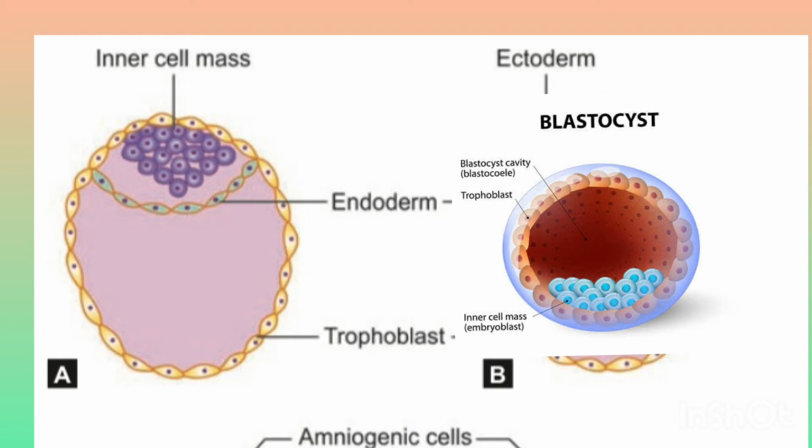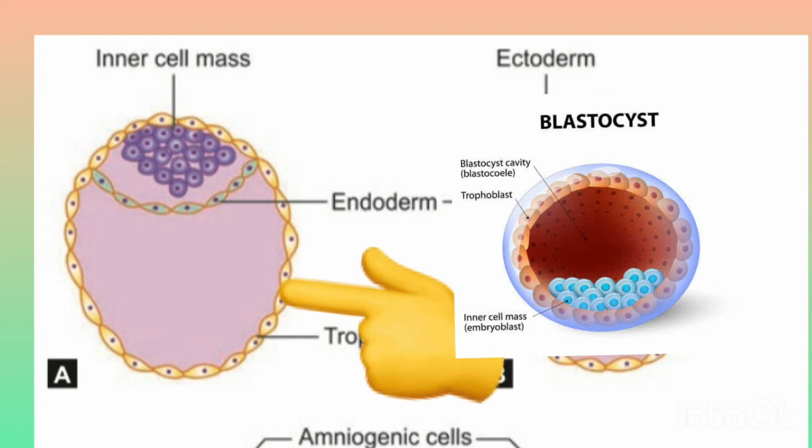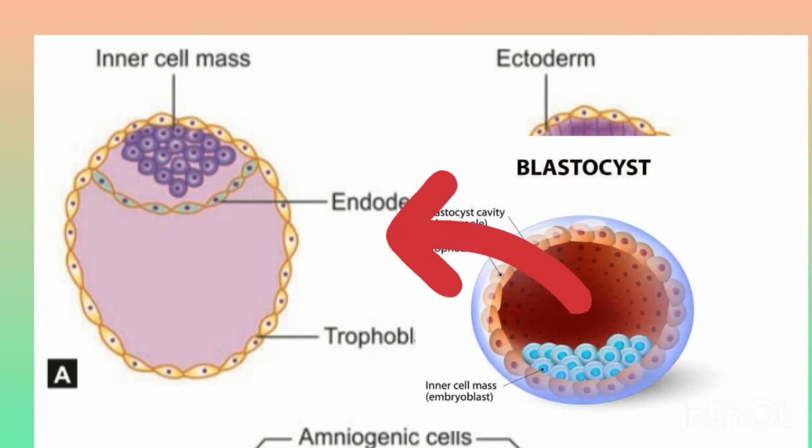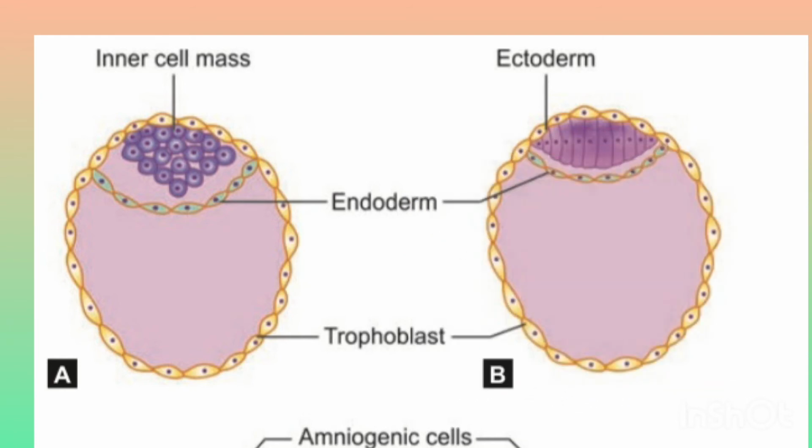Next, the blastocyst converts into a structure which is called as the embryonic disc. The three germ layers are mainly the endoderm, the ectoderm, and the mesoderm. All the tissues of the body are derived from one or more of these layers. The inner cell mass differentiates into flattened cells and comes to lie in its free surface, that is the lower portion in this diagram, and it is now called as the endoderm. The remaining cells of the inner cell mass become columnar, and these cells now form the ectoderm, otherwise called as the epiblast. The embryo is now forming a disc having two layers, that is, it has become a bilaminar germ disc.